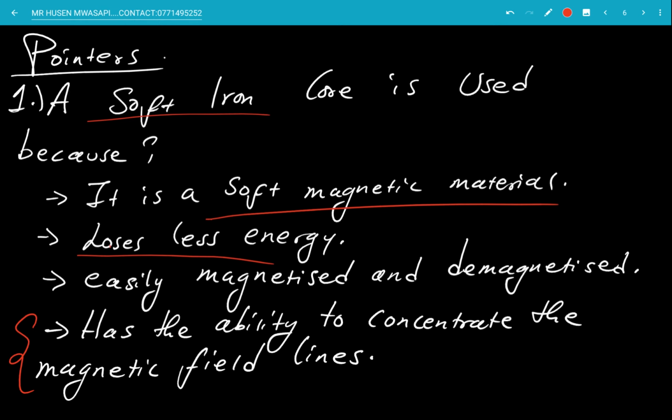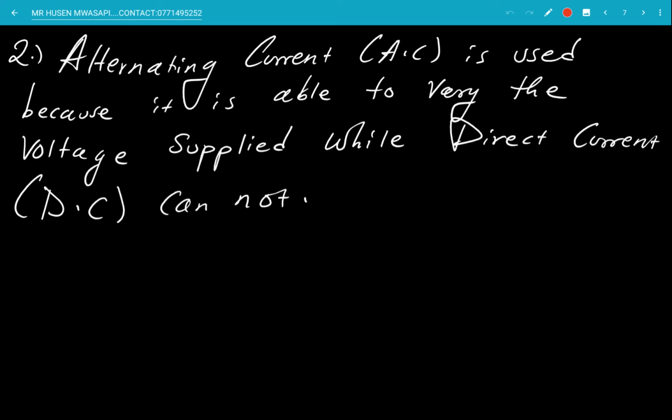So be mindful of these 4 important points. Remember to study them and you will understand them. These are the 4 main reasons why we use a soft iron core. But the most common one is that it loses less energy. Alright. So now that we understand that, other questions can also be phrased where they would say, why is it